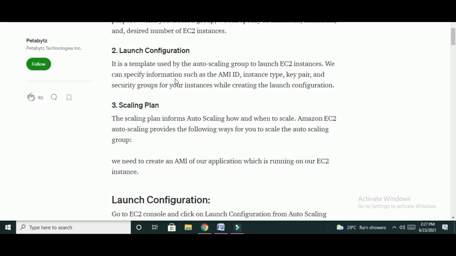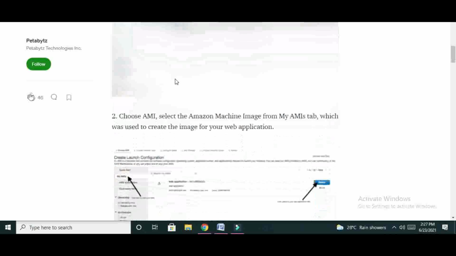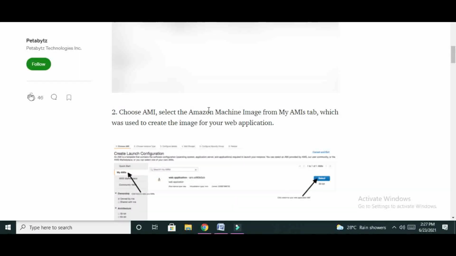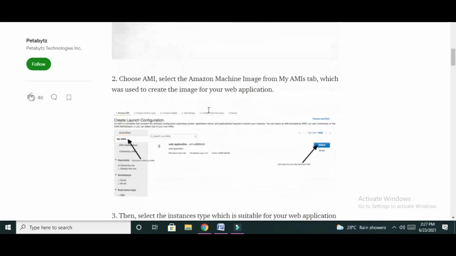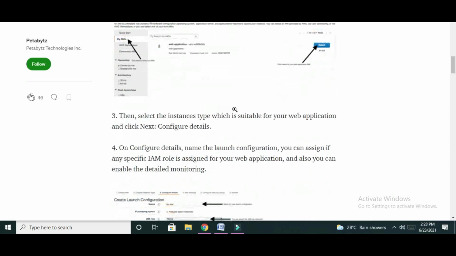If required, we can add security credential by using IAM role.